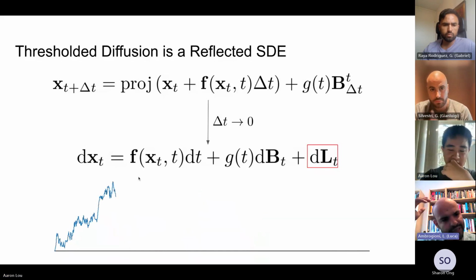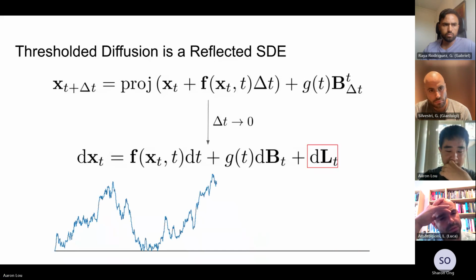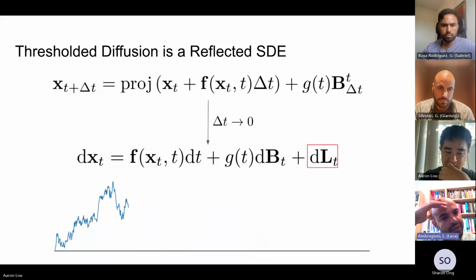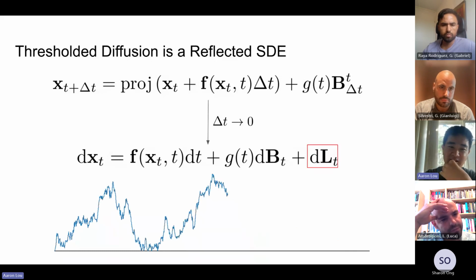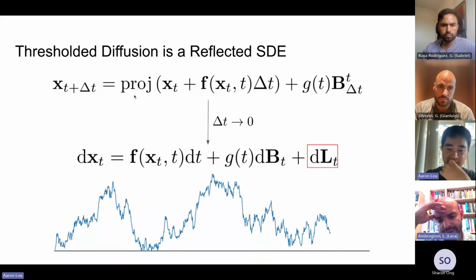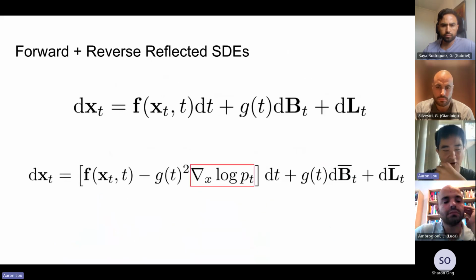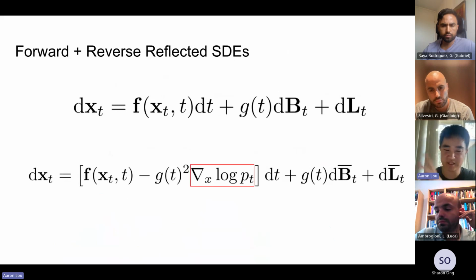Yeah, so it's kind of a delta potential. Oh, sorry, what? It's a kind of delta function at the boundary. It's exactly a delta function. Yeah. Okay. It's a delta function. Yeah, and in this case, for the forward and reverse, basically this is just some Fokker-Planck setup. But yeah, we basically have the same exact forward and reverse setup that we had previously. But the difference here is that